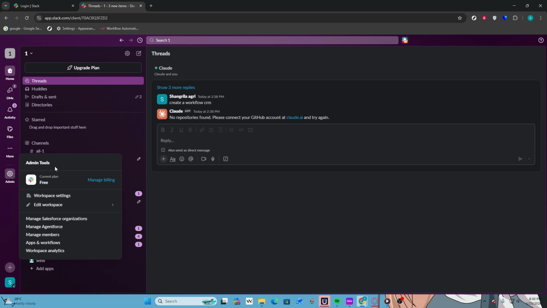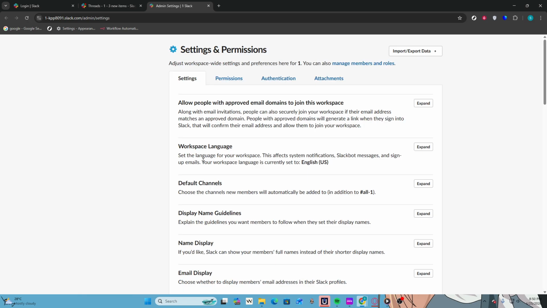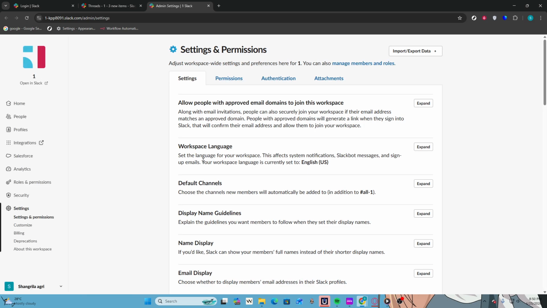After that, select Workspace Settings from the admin options. This action will redirect you to a settings page where you can manage various aspects of your Slack workspace. Look for the heading that clearly indicates you are